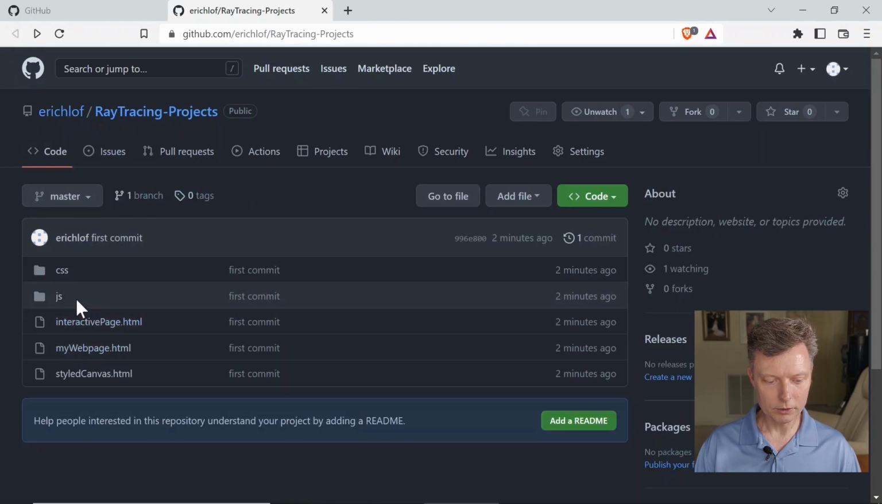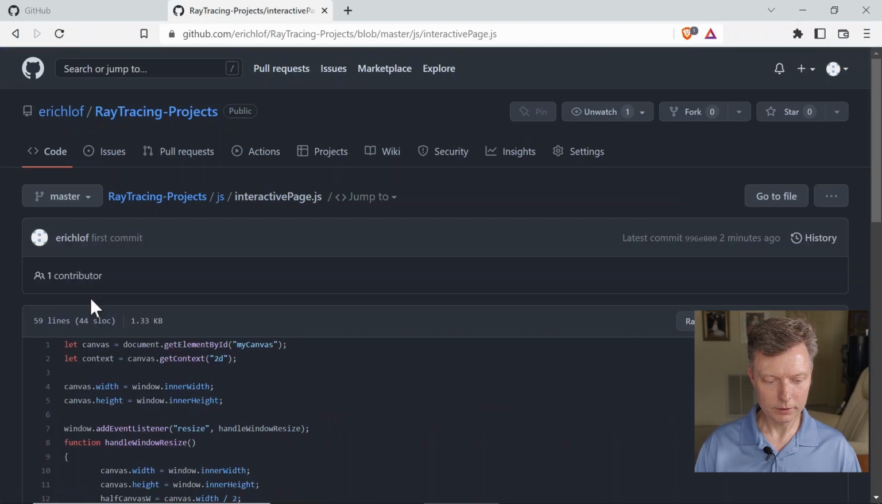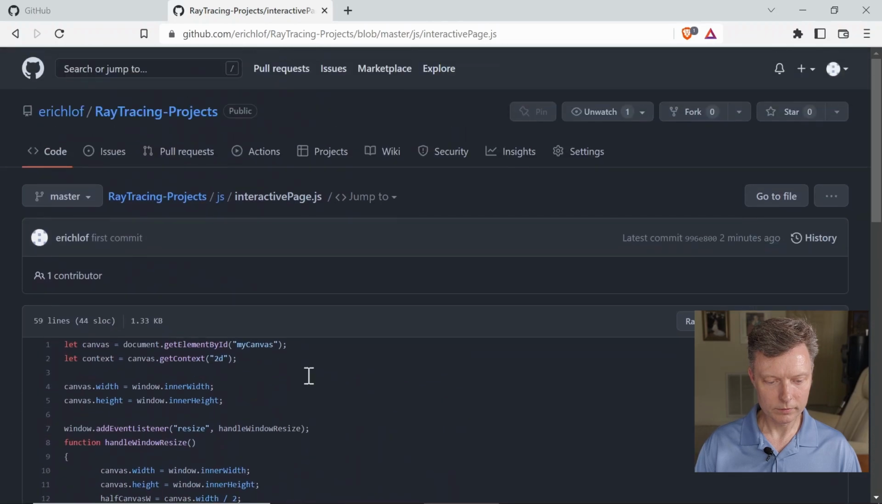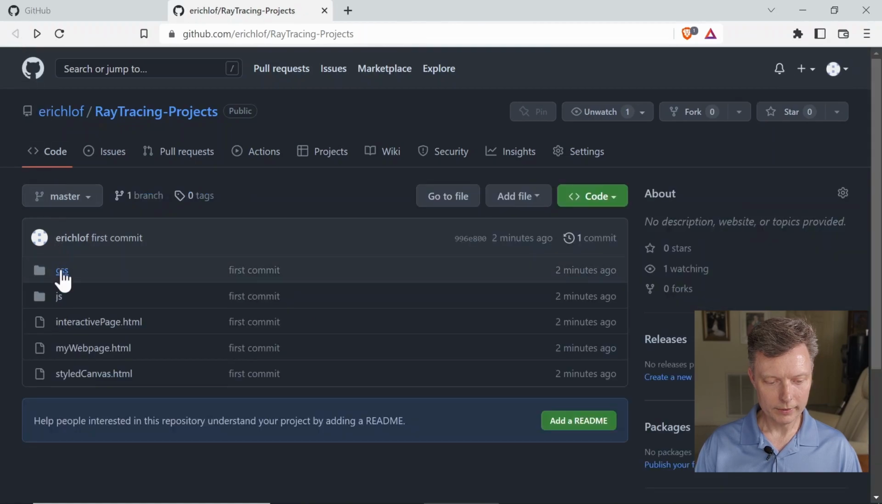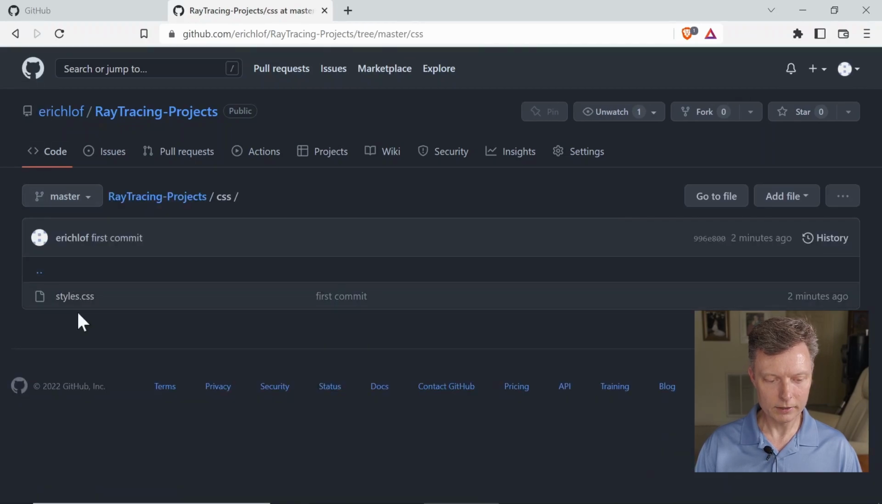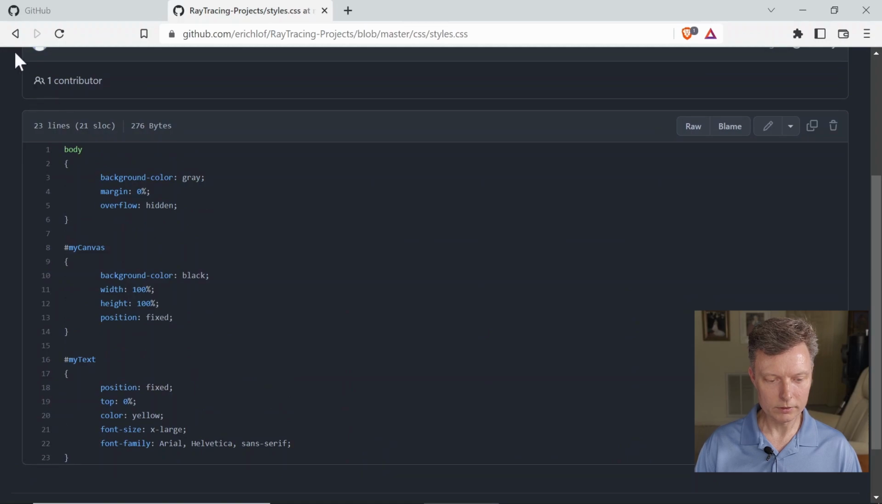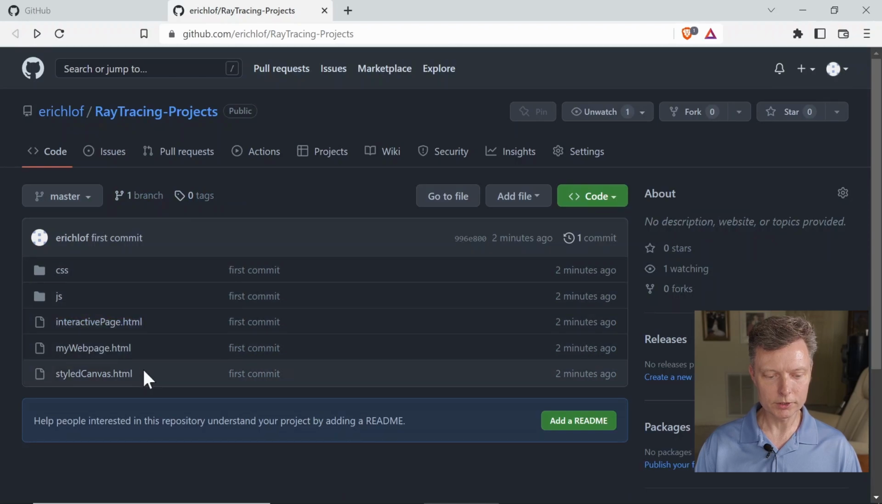And then likewise, if you go in the JS folder, it'll have the code for the JavaScript that we had written for the interactive page. So you can view that as well. And then our CSS folder had the styles information that we wanted for the web page. So that one is there too. So that's really cool. It gave us the folder structure and all the files that we wanted from VS Code